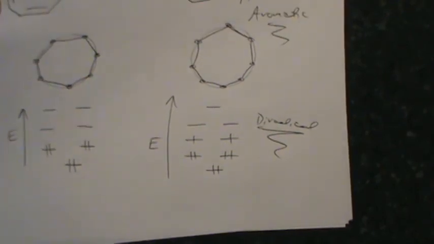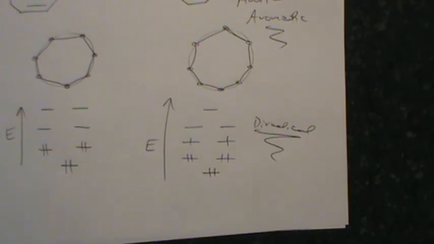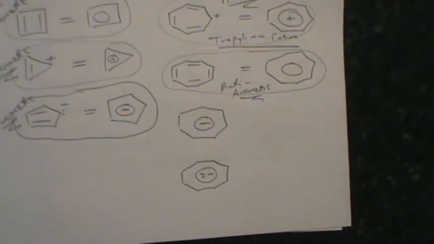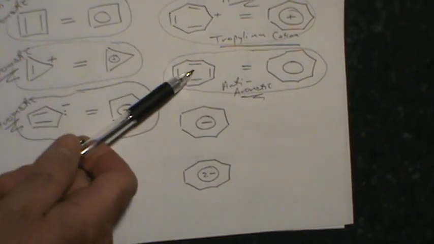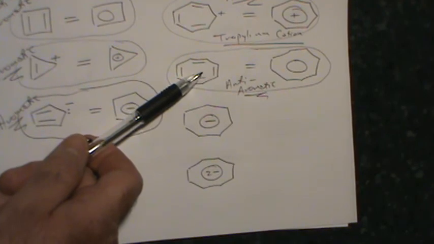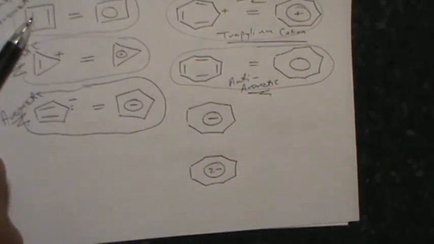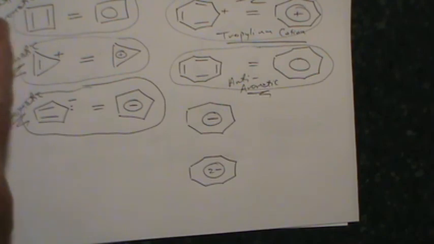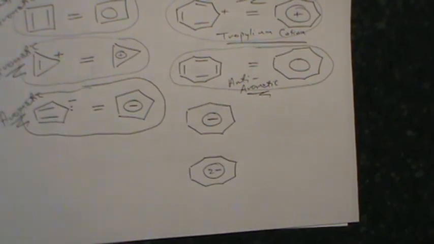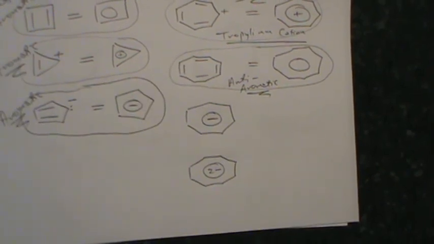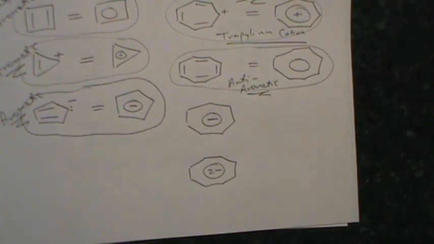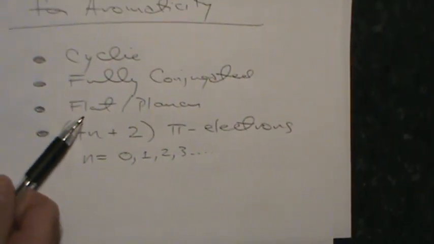Now, this brings us to an interesting point. So far, we've only run into 2 molecules that are anti-aromatic, this cyclobutadiene and this cyclooctatetraene. The cyclobutadiene, as I told you, is incredibly unstable and it can only be isolated near absolute zero. However, this molecule actually exists, and it's not terribly unstable, but there's more to the story. One of Huckel's rules, you may remember, it must be cyclic, it must be fully conjugated, and it must be